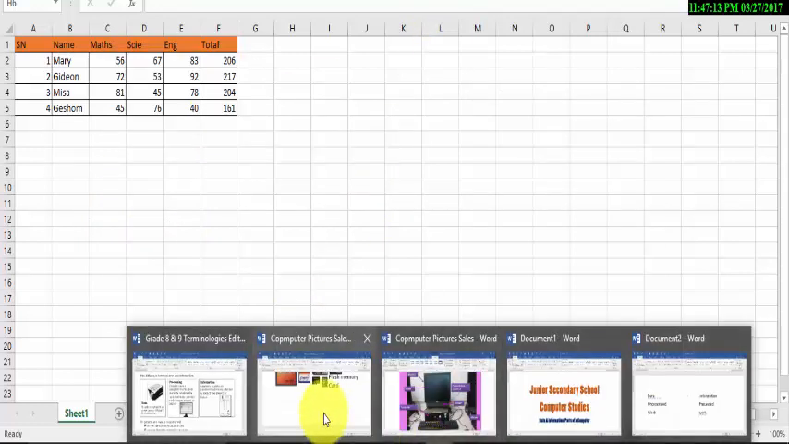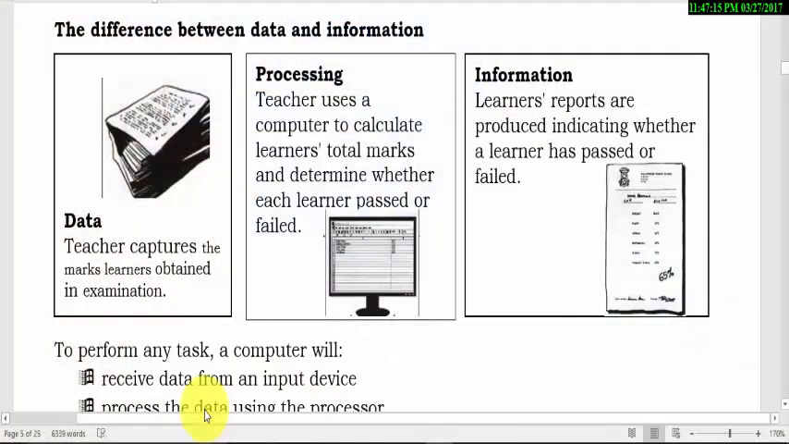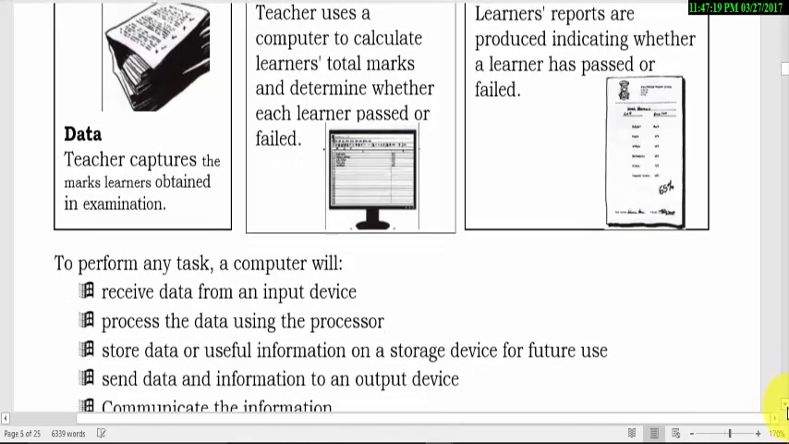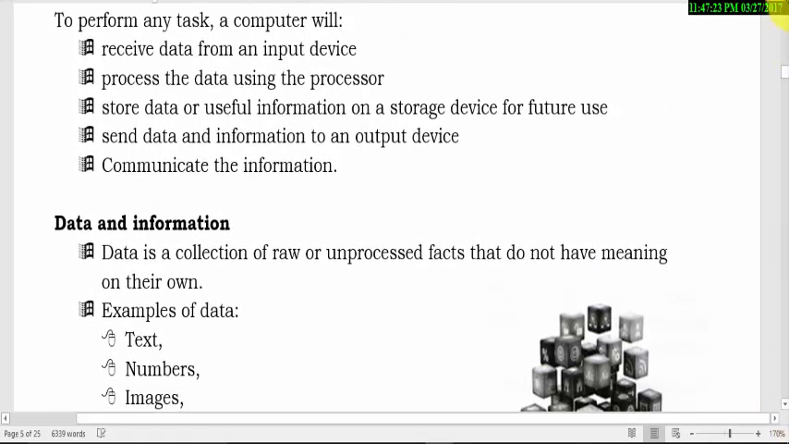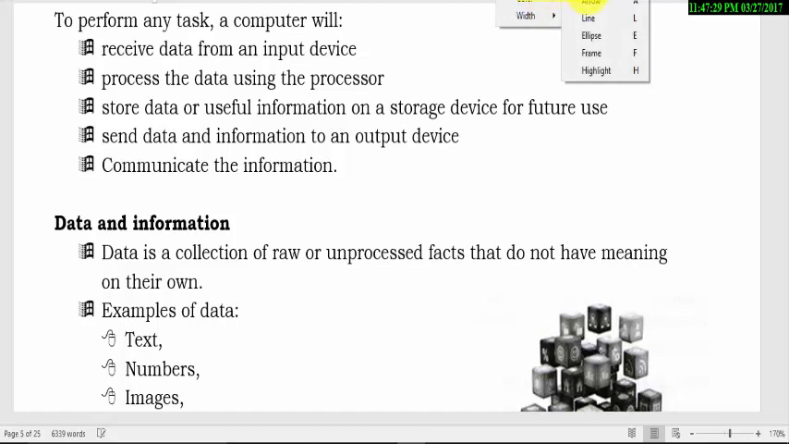So now we go on to look at our other work. The other part we are going to look at is the part which says, let me scroll a bit. After understanding the difference between data and information: data is unprocessed work, and information means processed work. So to perform any task, a computer will